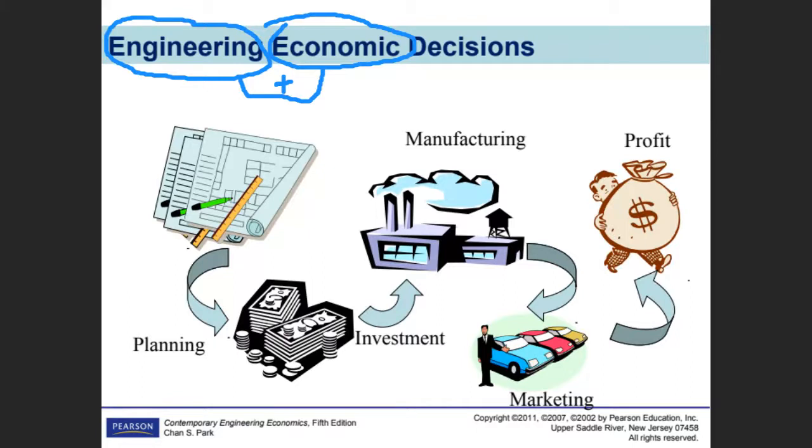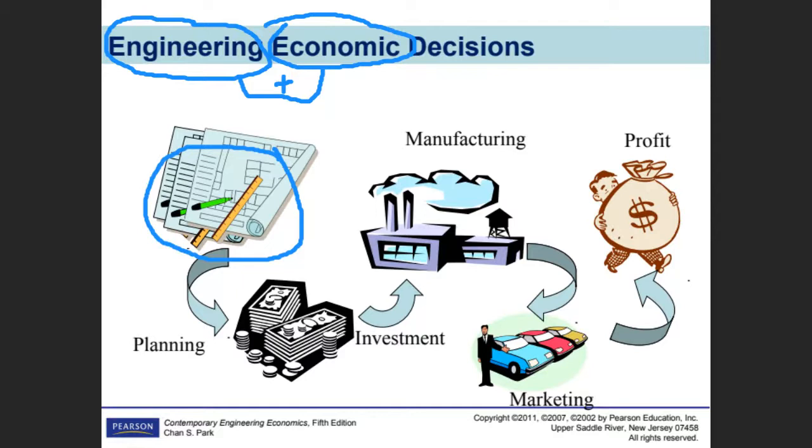In order to solve a problem, always remember, you have to make a plan, right? There is planning. Let's say whether to use a CNC lathe machine or a manual lathe machine. Why are you replacing one machine with another? What is the reason? You have to make a plan. That plan should include not only the technical details of those machines, but the economic benefits that will be generated. Economics means in terms of money. You may say, okay, if we replace the lathe machine with CNC, first of all we will have less wastage.